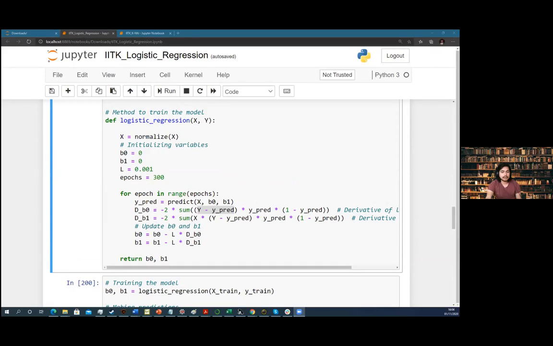Okay. So what we have seen here is very simple. We have to find out the b0 and b1 values. Given L, L can be anything, you can start with 0. You can say it's like a weighted multiplication. In gradient descent, we call it a learning rate as well. To minimize the loss, you can change it as well. You can also see that this L, the learning rate, is the way your model needs to learn.